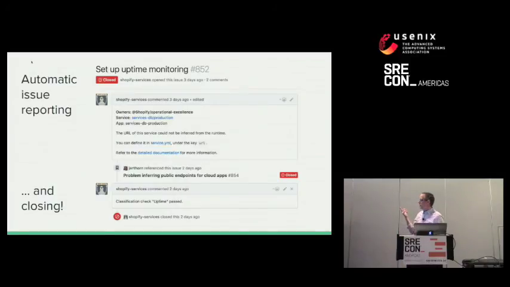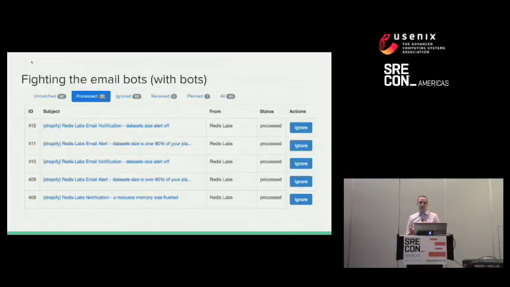This is one that actually happened last week, where we moved a system into another cluster and the public endpoint changed, and this alert said you don't have uptime monitoring anymore because Pingdom's monitoring the old URL, which is just a redirect, and nothing's monitoring the new one. So it opened this issue, and then when it was resolved through some other means, our application automatically closed the issue. So we open defects, and even better, automatically close them when they're no longer applicable.